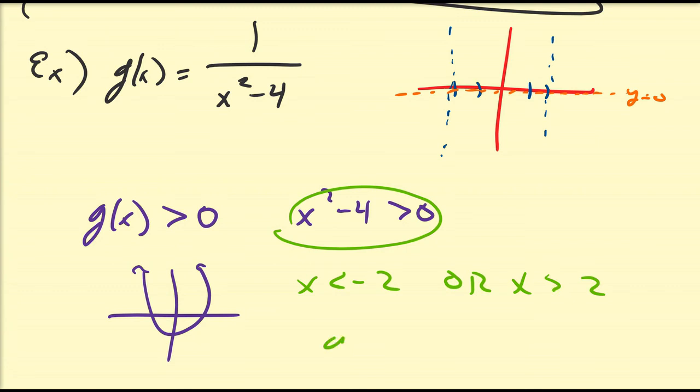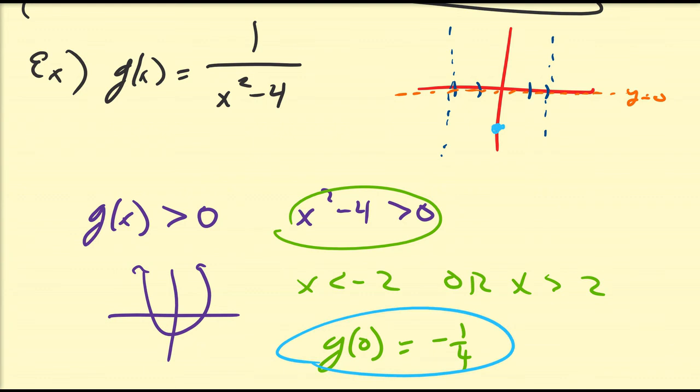Also, g of 0 is going to be equal to negative 1/4, so that gives us some information about the y-intercept. So therefore it's going to pass down here. It's going to be negative, and you can sort of test these behaviors out, but you should get something similar to this. Again, rational functions can definitely be a lot more complicated if I slightly change these examples, but we're not going to spend the time on those details now. And anyway, I hope this